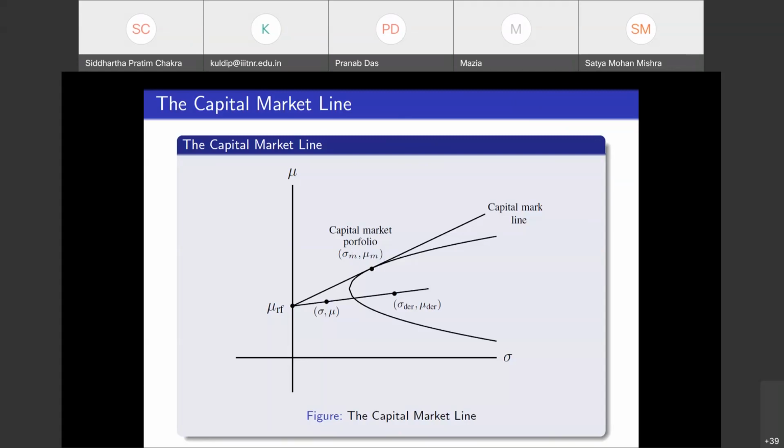So what does investment in a market portfolio mean? It means that you basically have bought all the shares that are available in the market. So then